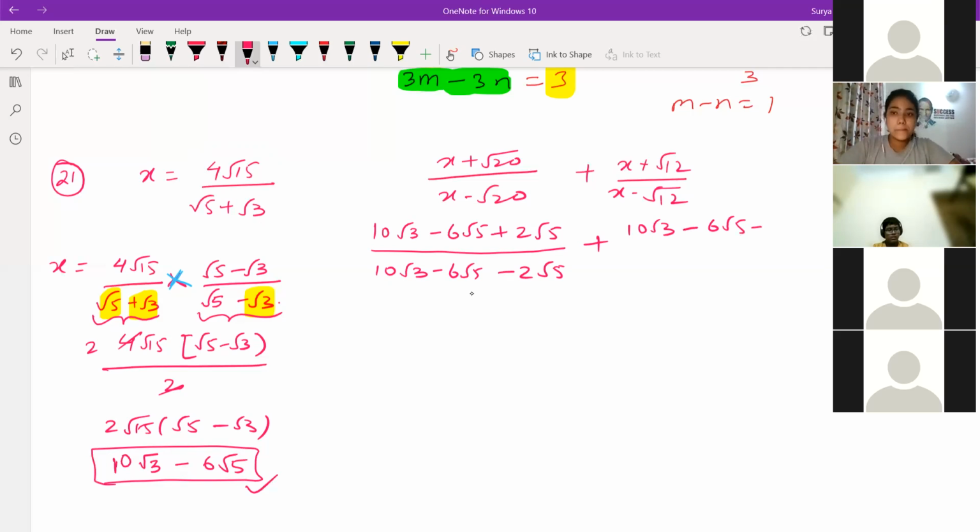Isn't this too long? Yeah, it's going too long. Do you have any shortcut method? Sir, is there a shorter method? Yeah, maybe there is. But if you practice, then it will automatically get sorted. This whole part can be done in only 10 seconds. And here, see, this is not longer.